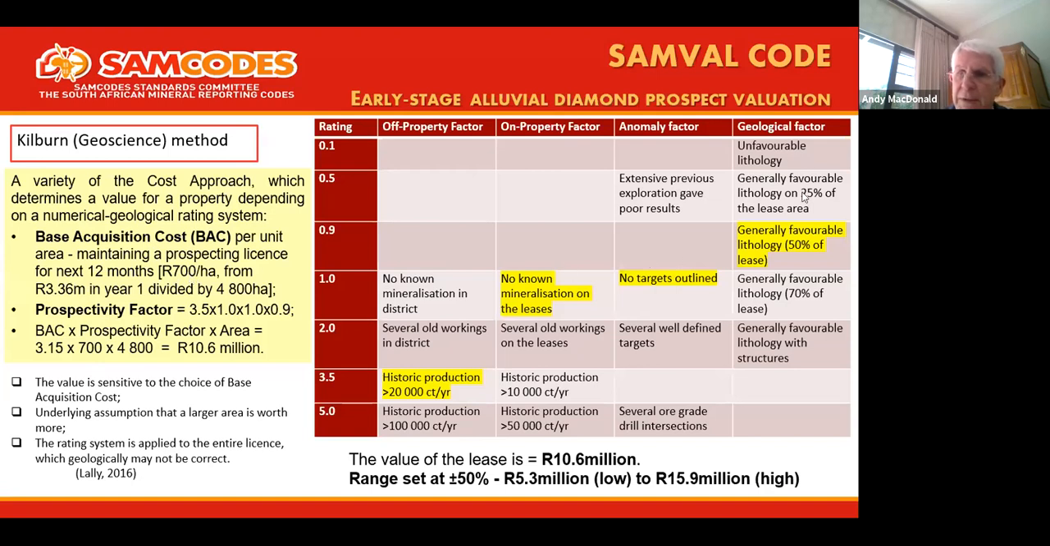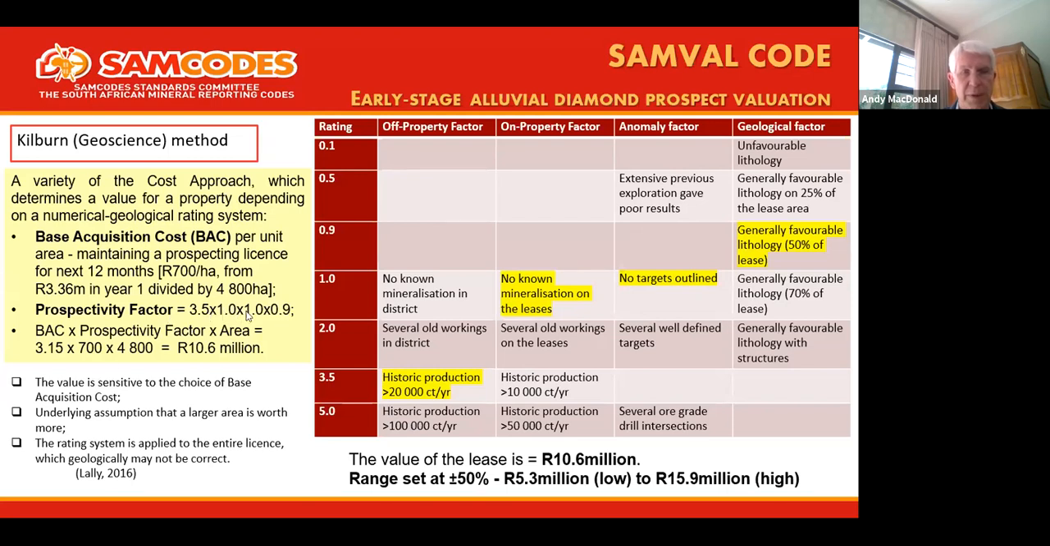And looking at these parameters, I've said that we should have favorable lithology over at least 50% of the lease. There are no targets outlined, so that's the anomaly factor. There's no known mineralization on the property, but we expect it to be there. And then if you take the mines in the area, they've produced at least 20,000 carats per year from those neighboring mines. So applying these parameters, we've got 3.5 times 1 times 1 times 0.9, which gives us a factor of